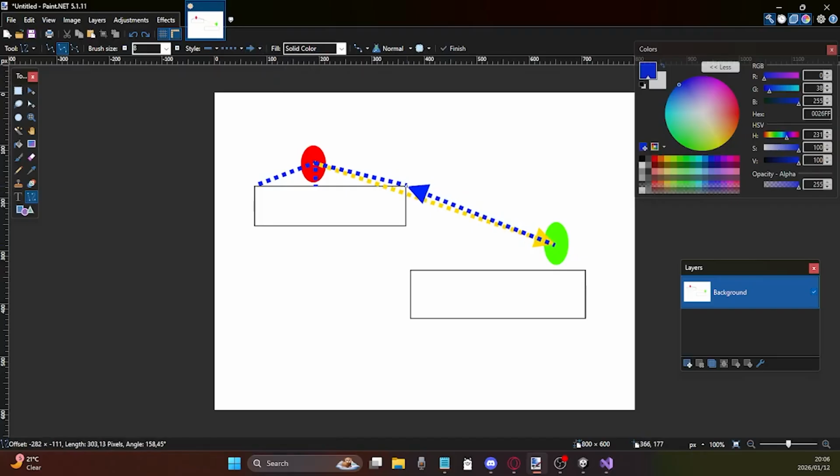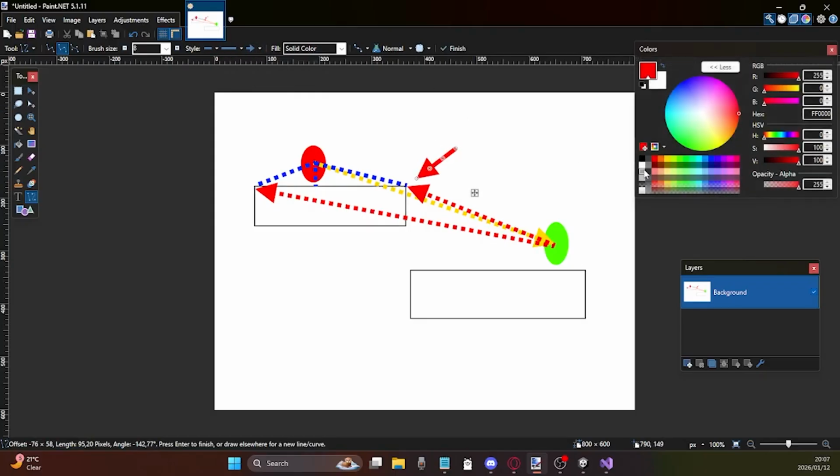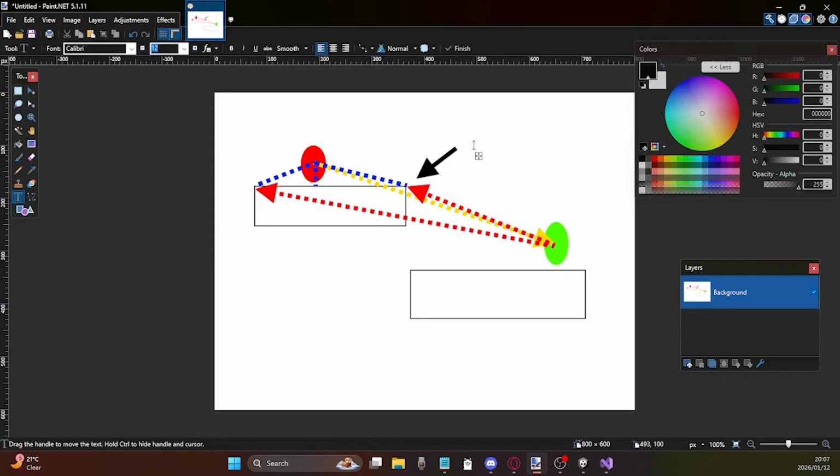We're checking which one of these two is closer, which obviously is this one. Right. So with that being said,